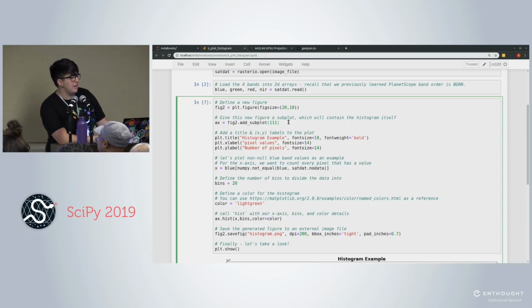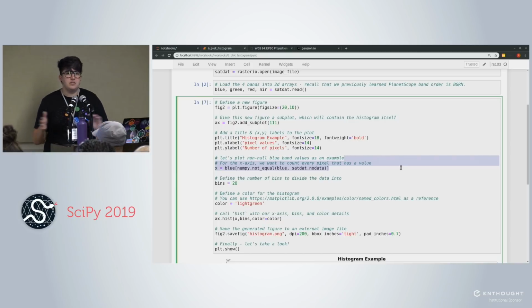But we're going to create a figure. We're going to add a subplot. We're going to add a title. We're going to label the x value, or the x-axis. We're going to give it a y label. This is interesting. What we're going to do is take anything that has a no data value and ignore it